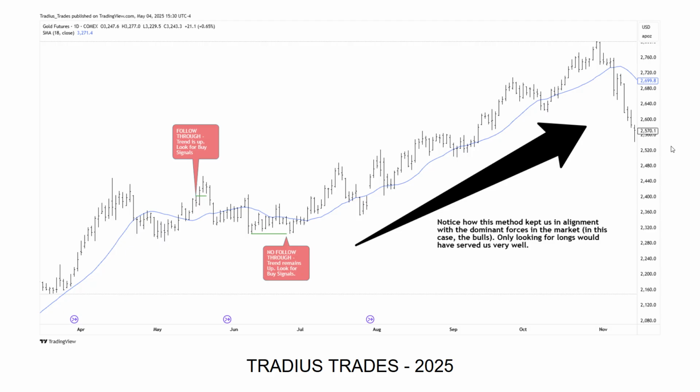So here we've got the 18-bar moving average, which is the blue line. I've marked off here, we've had 2 full range bars where the lows are higher than the 18 period moving average. None of them are inside bars. Then I marked off with a green line here, follow through. So this created the follow through, which tells us, okay, now the trend is up. We can look to take buy signals in this market. That could be oversold buy signals.